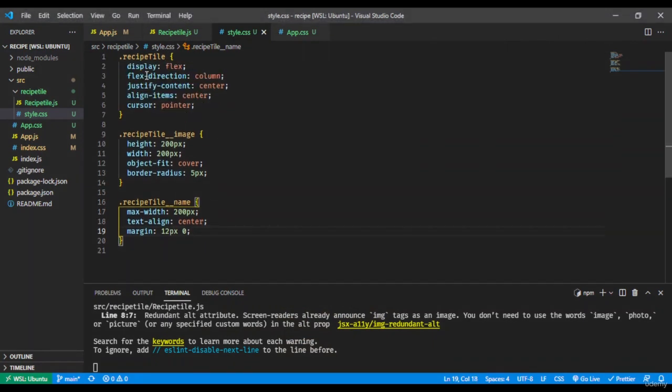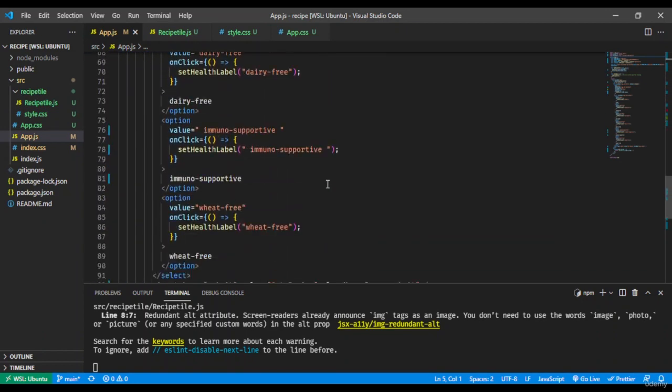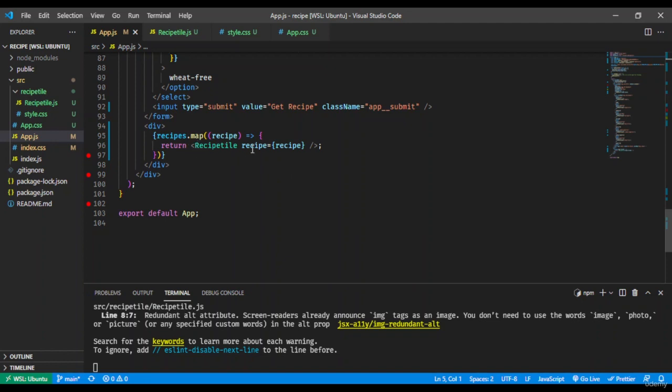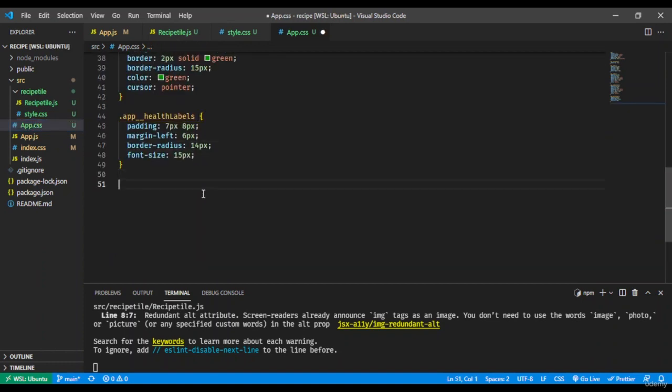So we need to go to the app.js where that div is situated. That div is at the bottom, I hope so. Okay, this div right here. For that we'll give it a class name, and it will be something called app, of course, because it's in the app component. Recipes. Let me save it and go to its CSS file, and at the bottom I'll create the styling for